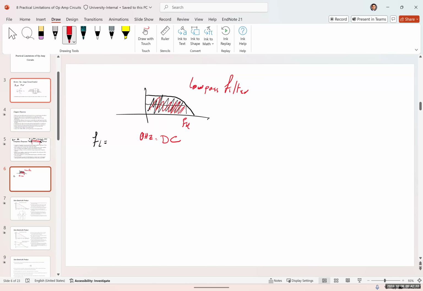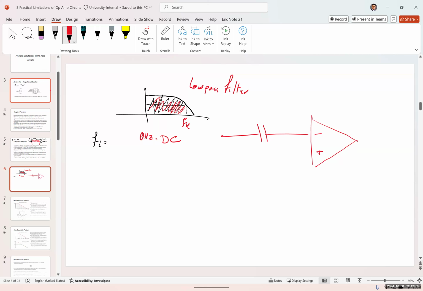So now the question becomes, why do some op amps have a lower cutoff frequency? Why do some of them don't have that lower cutoff frequency? Why some do and why some don't have it? The reason is that the cutoff frequency is determined by the coupling capacitor, and the coupling capacitor is the capacitor